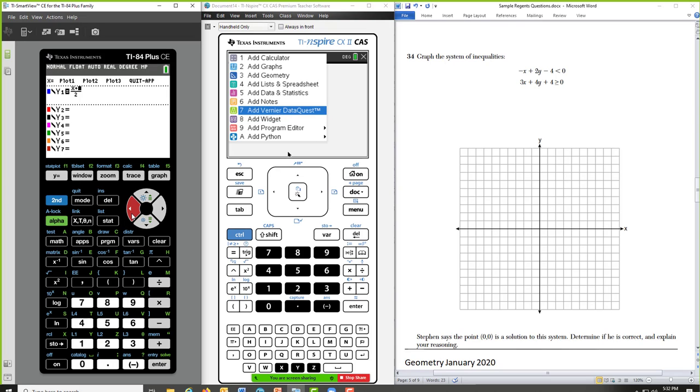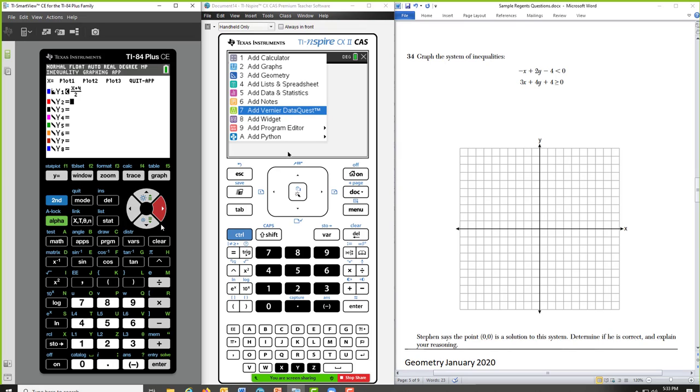And then I can left arrow and go into the style, press enter, and then when I go to the symbol, I want less than, select OK, it will do a dashed line and shade below. This is now, based on the new calculator guidelines, acceptable for the users.